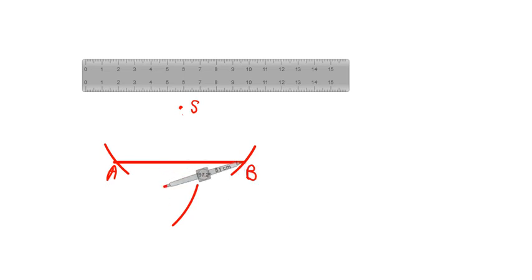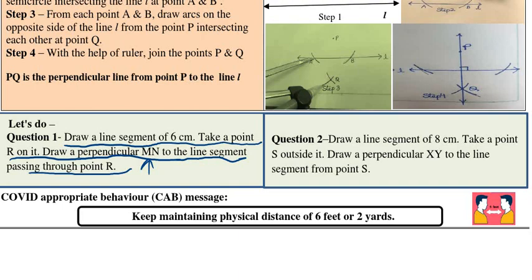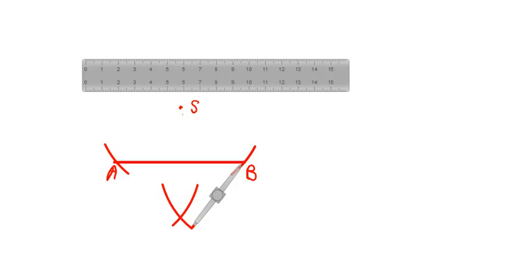Just a second, let me go down. Yeah, so now we draw an arc and now you can see we have to name it as X and Y. That is going to be our perpendicular line. So how do we do it? Yeah, so this point we will take as X. Just a second. Yeah, so this is the point X here. And now we have to simply connect these 2 points here. So we connect it like this, X and Y over here. This is Y. And this is our perpendicular line made.